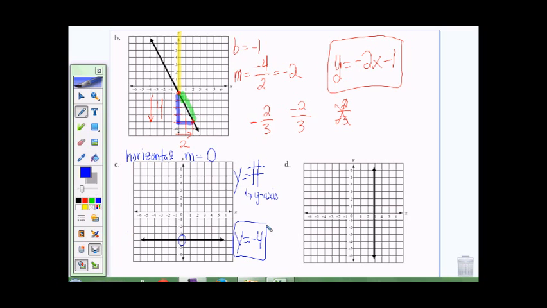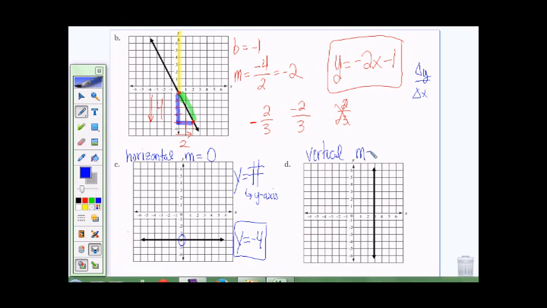Now, when you have a vertical line, it's a little bit different. The vertical line is going all kinds of up and down, right? So my y is changing all over the place, but I'm not going side to side. So my x is 0. And if you remember, our slope is change in y over change in x, and if I have a 0 down here, is that allowed? No. So when you have a vertical line,